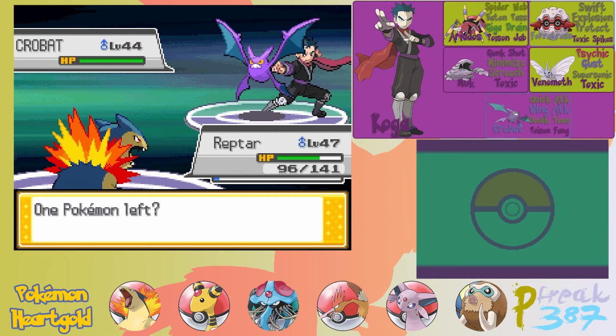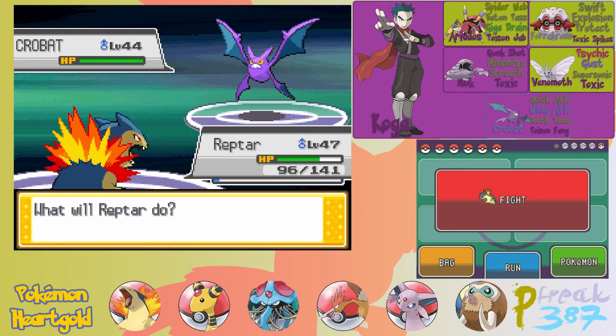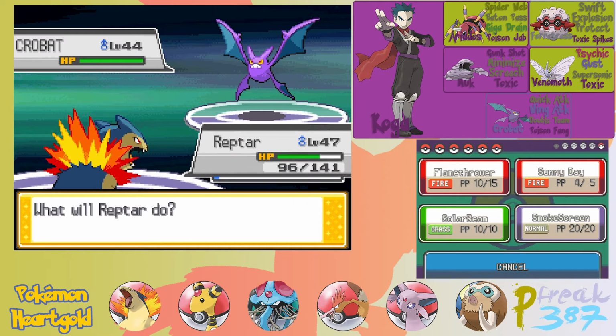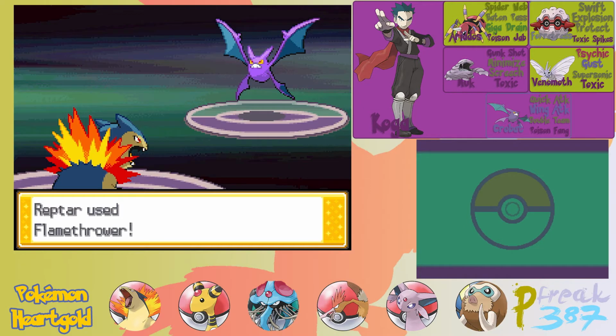Alright, his final Pokemon, Crobat. One Pokemon left? I've been counting on this from the very beginning. Then why don't you use your ace to begin with? Anyways, we're probably... Oh, and he's double teaming. Okay, well, so much for that. I could have also sent out Ra here, but Ra already had time to shine with the Psychic type, so...